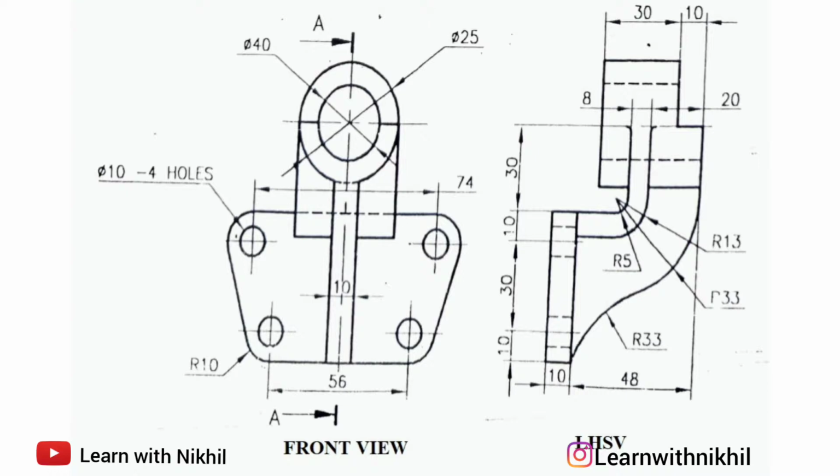So first we'll calculate the total width and height required to draw this figure. So the total width in the front view will be 74 plus radius of the curves, that will be 10 plus 10. So total will be 94, and the total height required to draw the figure will be 10 plus 30 plus 10 plus 30 plus radius of the outer circle, that will be 20. So the total height will be 100 millimeters,